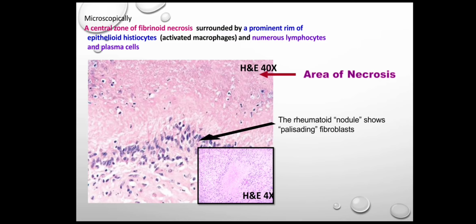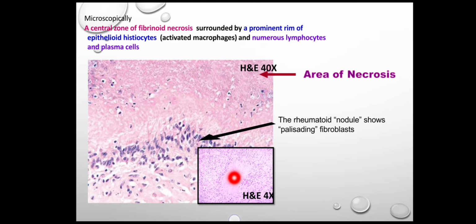Microscopically, rheumatoid nodules will be composed of central fibrinoid necrosis, surrounded by a prominent rim of epithelioid histiocytes, which are nothing but slipper shaped cells. So this is a low power view showing a central area of fibrinoid necrosis, not caseous necrosis, fibrinoid necrosis, which is eosinophilic